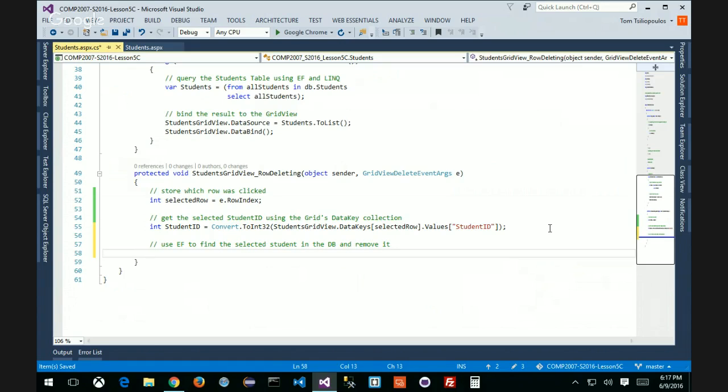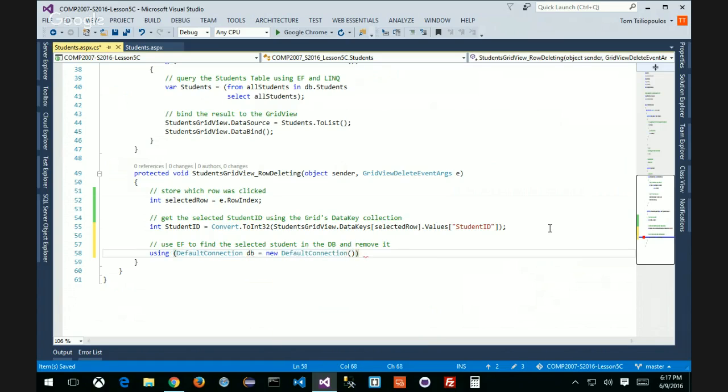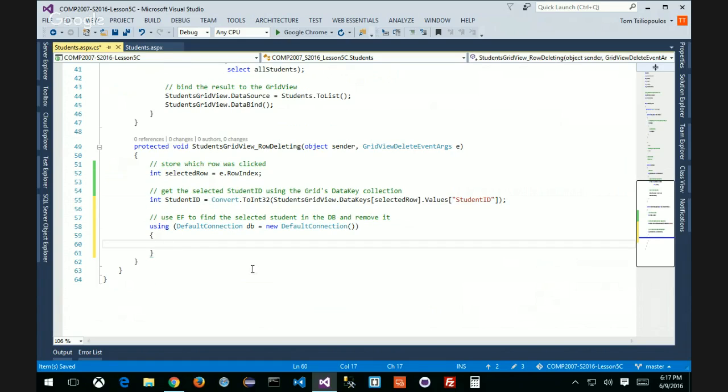Remember, when you use the EF framework, we use this using statement with references. So I'm going to say something like DefaultConnection. We're going to create a database object, a DB object, based on our connection string, which is equal to a new DefaultConnection. You guys should be able to do this if you're following along, right? Once I've got that and I've connected to the database, now I can perform all the tricks that I need to pull with